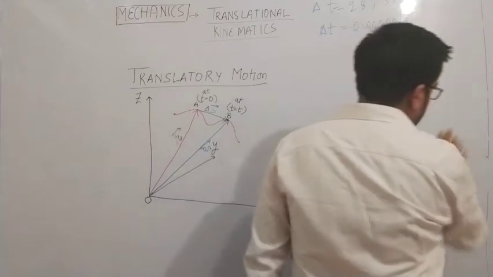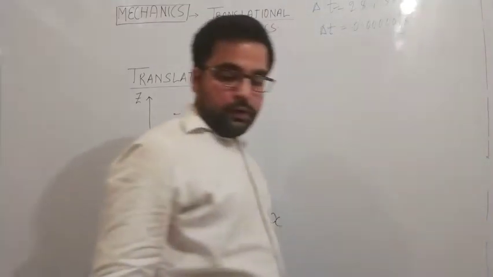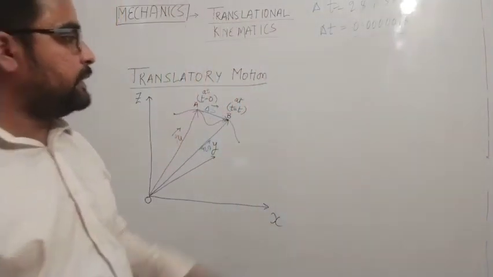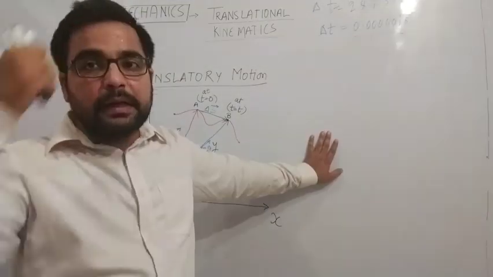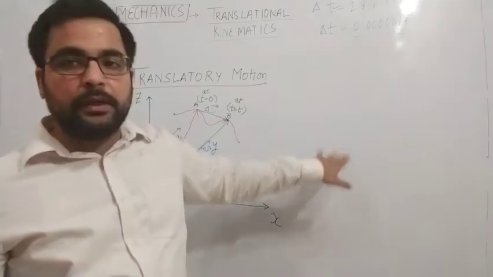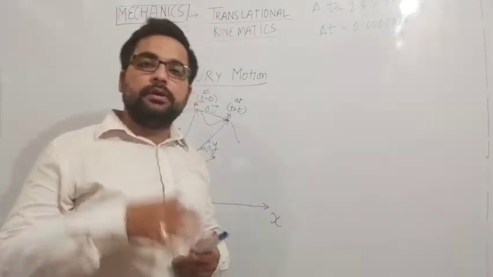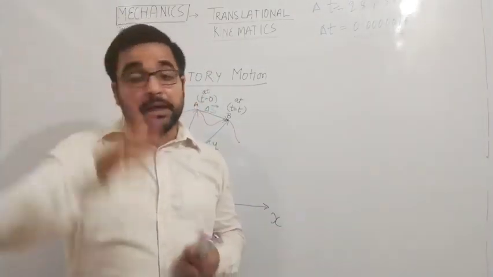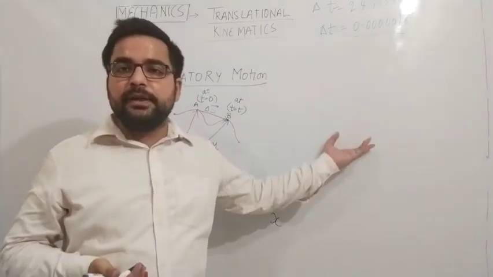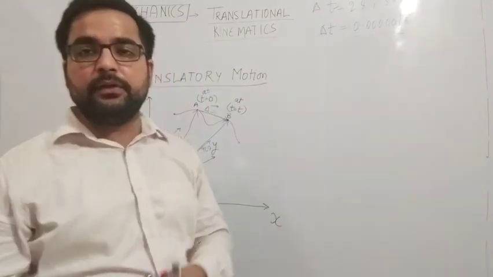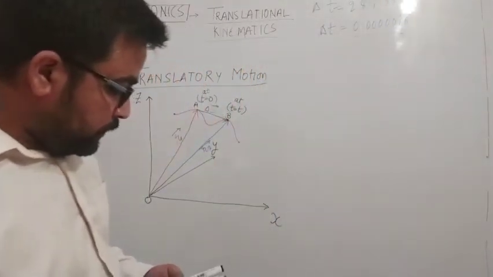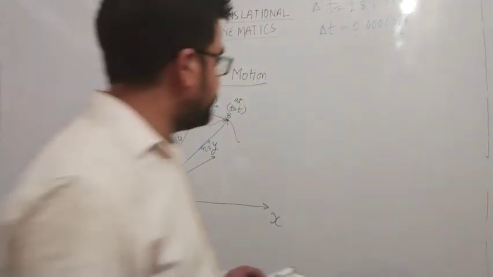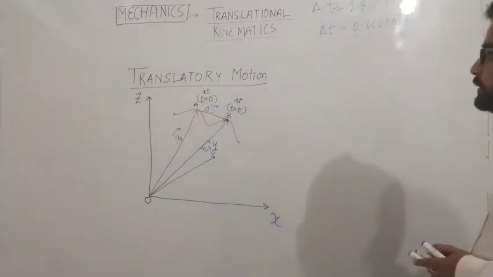So now if you are covering such a path in a given time interval t, suppose, and you are asked what will be your average velocity. So average velocity is equal to what? Total displacement upon total time. So if total displacement is 0, then average velocity will also be 0, right? Okay. So I think we have discussed velocity.